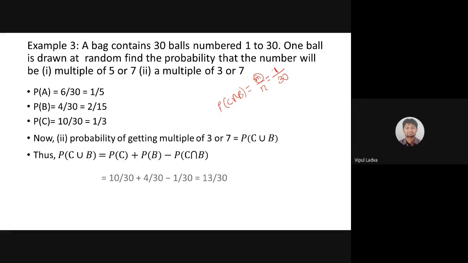Instead of writing 21, we will write 1, because what is our formula? Number of variable cases. So we are not supposed to write 21 over there, okay? So take care for that. So P of C intersection B will be 1 by 30, as I mentioned over here. And adding both this and subtracting 1 by 30 will lead us to 13 by 30. That we had already discussed in our previous session, but this is the way you are supposed to write down in the examination if this question is there in your paper. Okay.